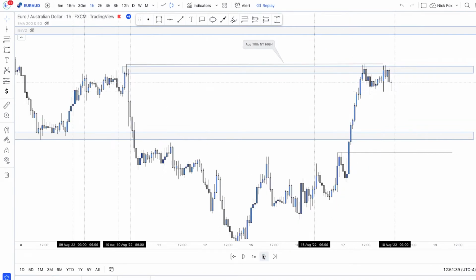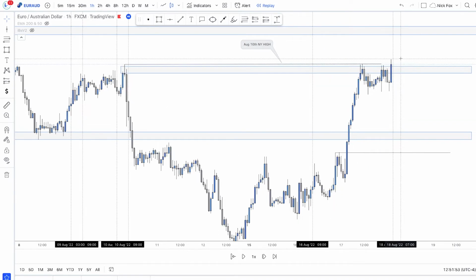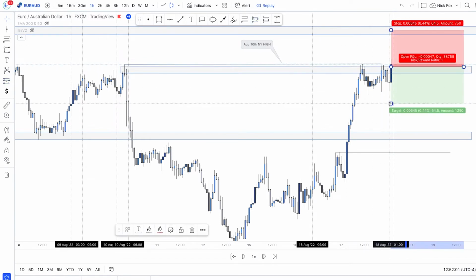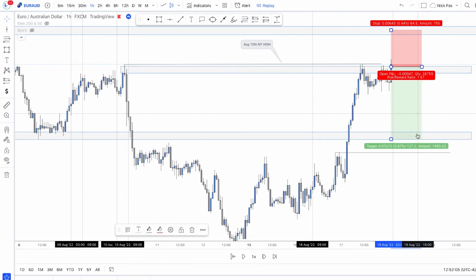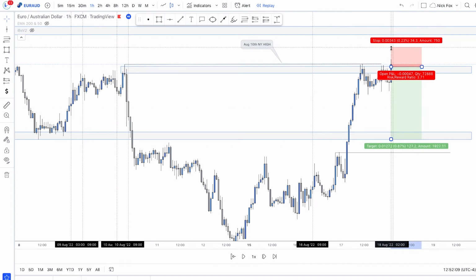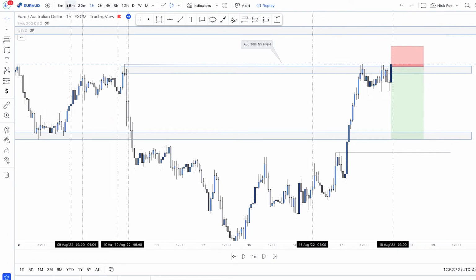I would wait until the London session initiates. Once this trade enters this zone, I will be looking to sell here, exit my trade all the way down to this zone. And that would be a 127 pip trade. Keep my stop loss very tight. About 35 pips would be okay. Have a nice risk to reward of 3.55. And now I'll drop down to the 15-minute, refine my entry point here.